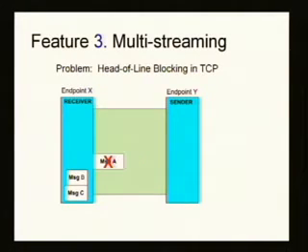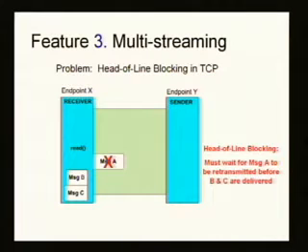Let's say the application on X is like, all right, I'm ready, give me what you got. Here's the head of line blocking problem: B and C cannot be delivered, even though A, B, and C are all independent of each other. They're made dependent upon each other just because of TCP's semantics. So that's the motivation for this problem.